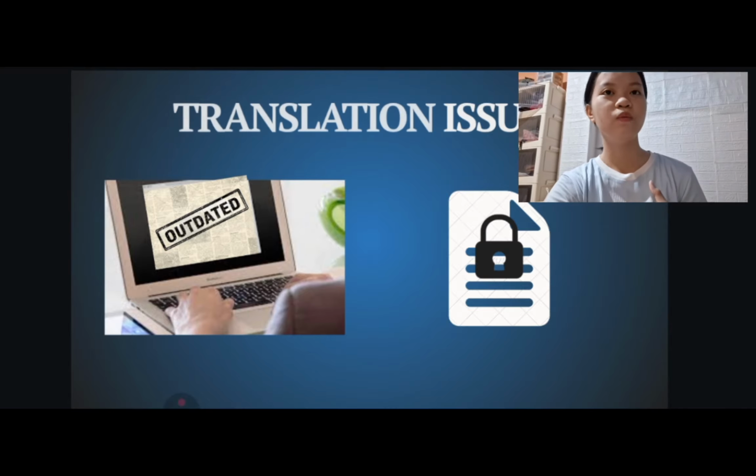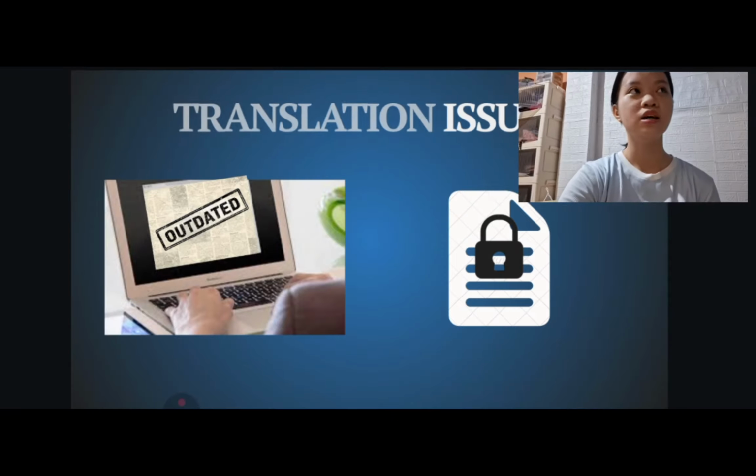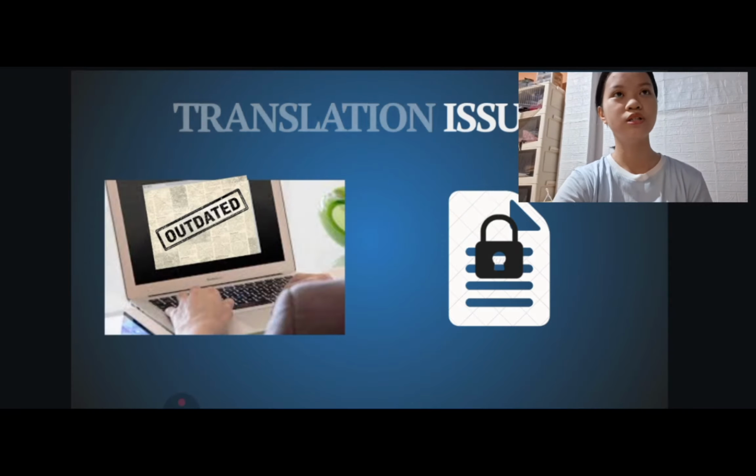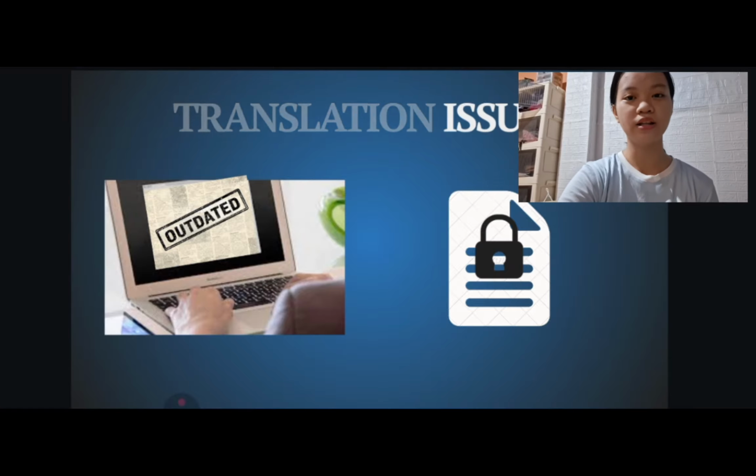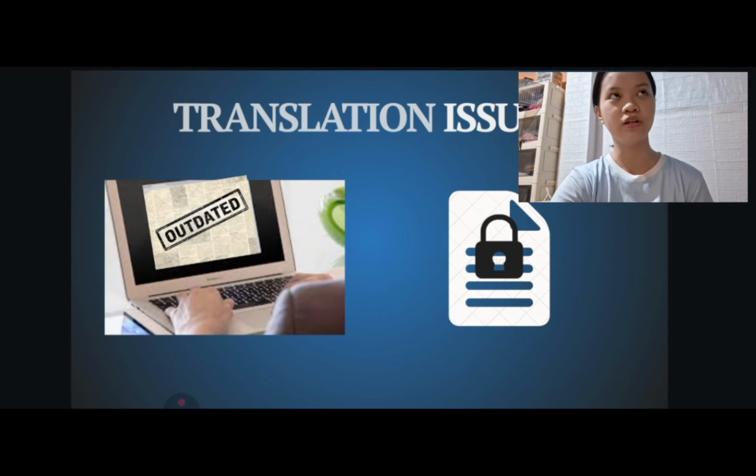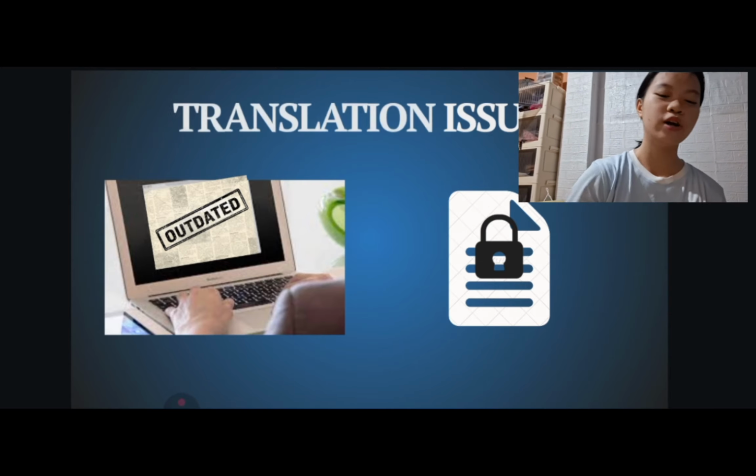Now, another problem with this is translation accuracy. Some information literacy terms don't always translate directly into other languages, and certain concepts may not exist in the same way in different cultures. So, for example,